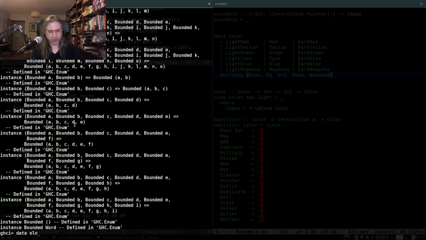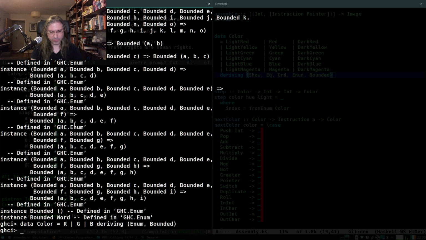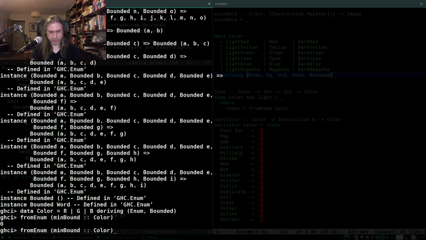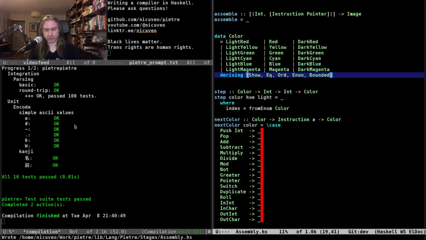So if I have color, which is red, green, blue, deriving enum bounded, if I do a from enum of the min bound, which is a color, that's 0, and max bound. So that tells me the maximum index. So I guess I could not hard code it. At the same time, I'm going to need to hard code a few other things, so maybe I don't need to do that.